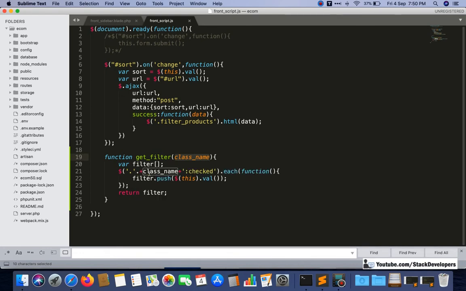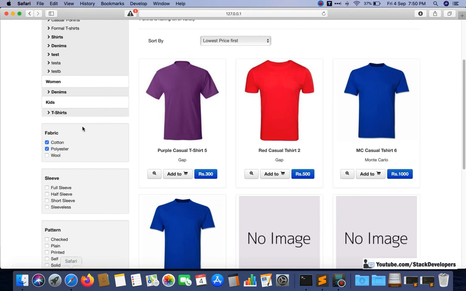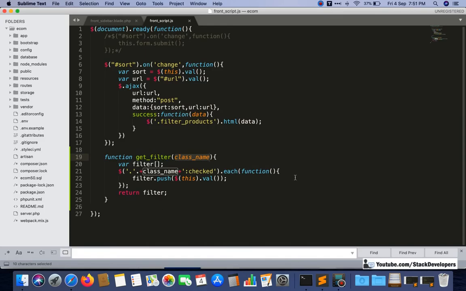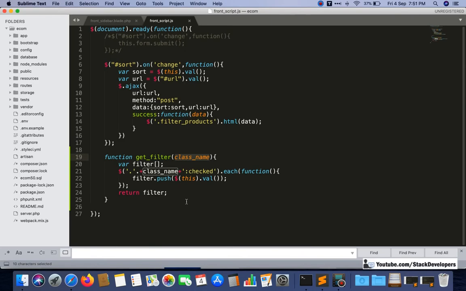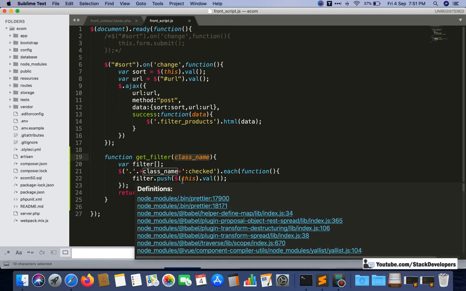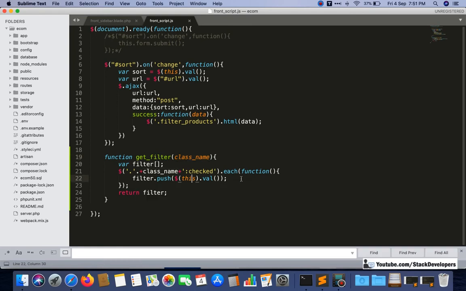On the check of the fabric class we are using the each function, so the first item coming is cotton, and we are adding this cotton. Push means we are adding this cotton in this filter array, and the next item checked is polyester, so we add the polyester in this filter array. So two values we have added in the array, two elements are there. Like this, it is very simple if you study it like this.